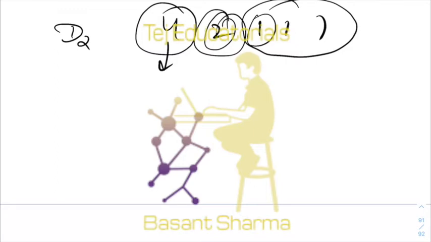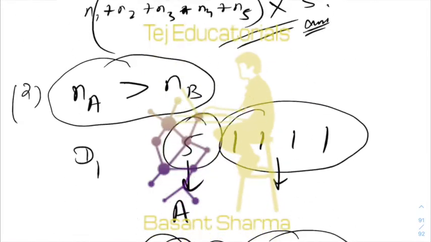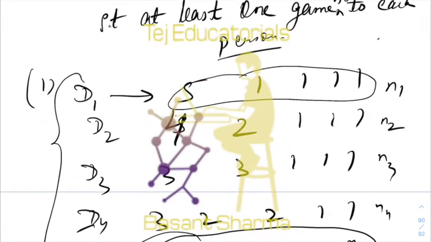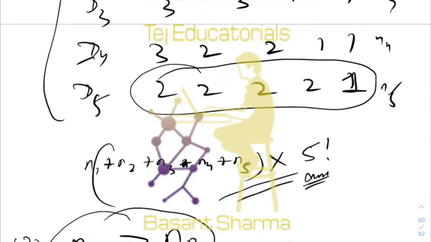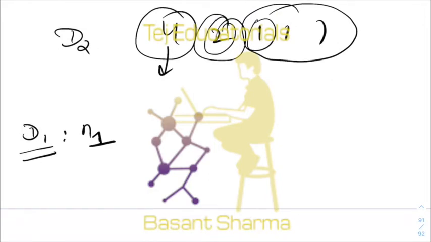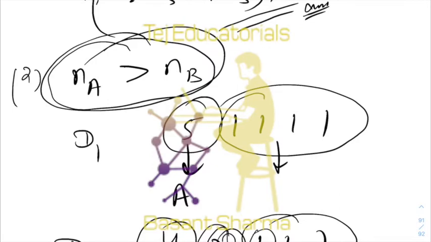In the first case corresponding to D1, suppose there are n1 ways of grouping. So n1 is 9 factorial upon 5 factorial, 1 factorial to the power 4, 4 factorial. This is your n1, the number of ways of grouping. Then once you have formed the groups, you want to distribute the groups also amongst A, B, C, D, E, such that this condition is satisfied.